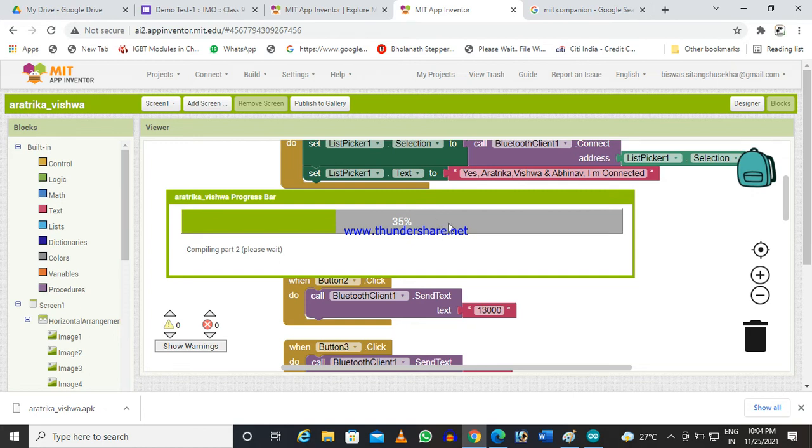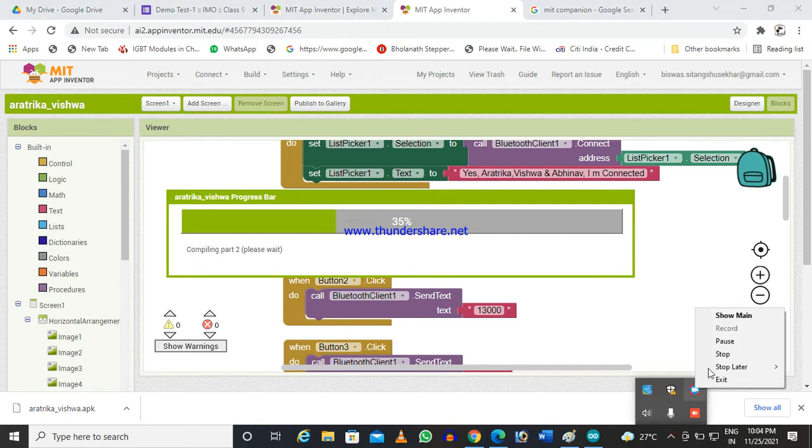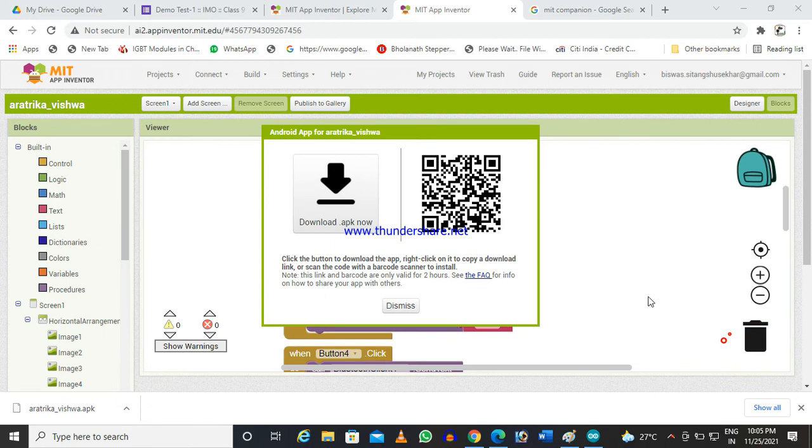It is generating. Till then I will pause the video. Once the APK file generation is completed, it will come here as a QR code, and by clicking here you can download the APK file directly.